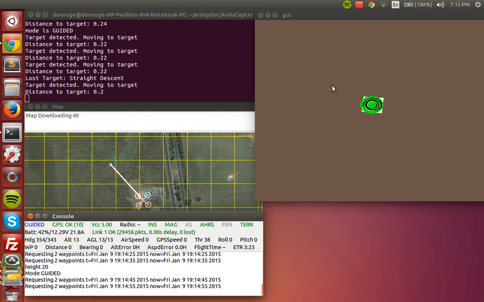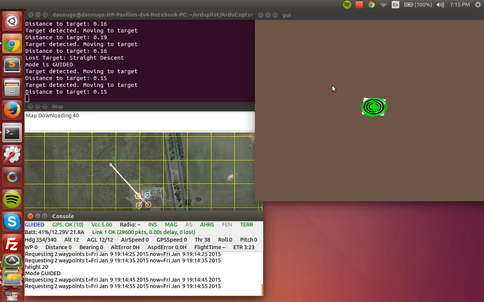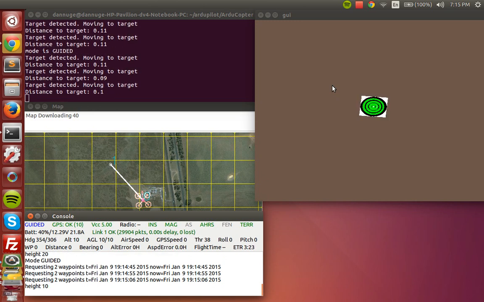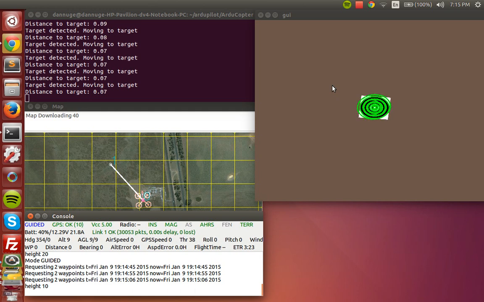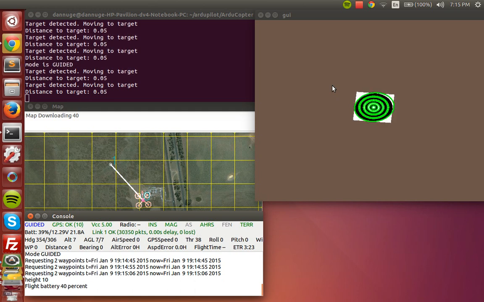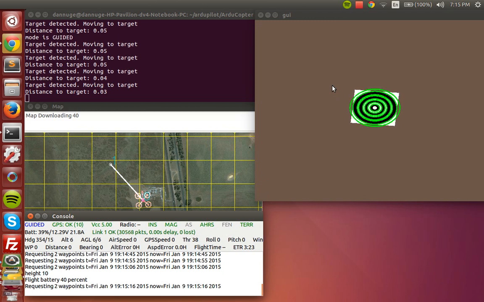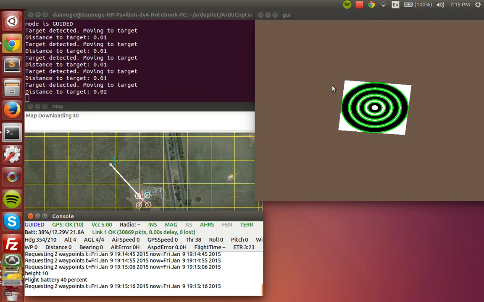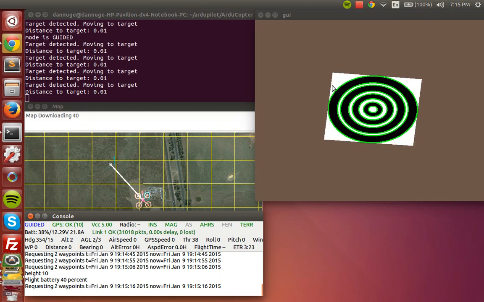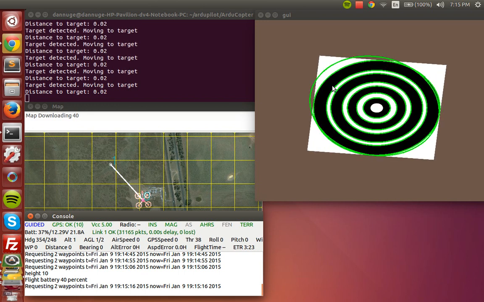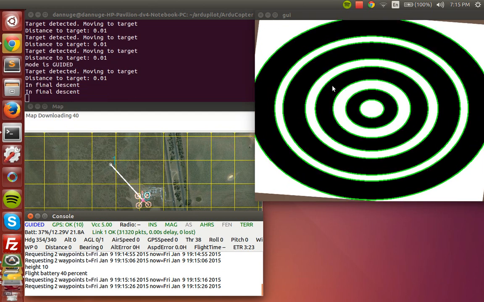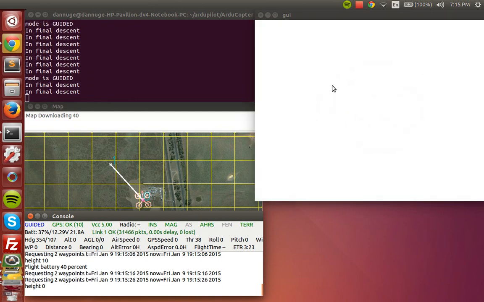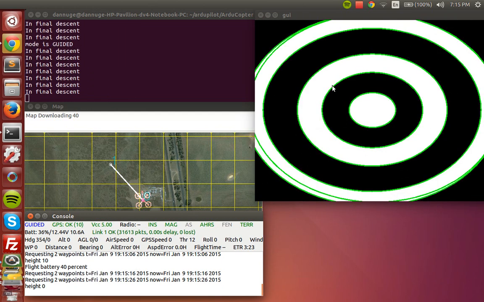You'll see the target twitch around in the simulator, and that's because the camera will be hard mounted to the copter in real life. So if you roll to the left or roll to the right, it will shift the image. So that's just being simulated. As you can see, we're about 0.02 meters away, so we're pretty on target. We're descending at a rate of, I think, half a meter a second. 2 meters to go, 1 meter, and at 1 meter we enter final descent, so it just lowers with no